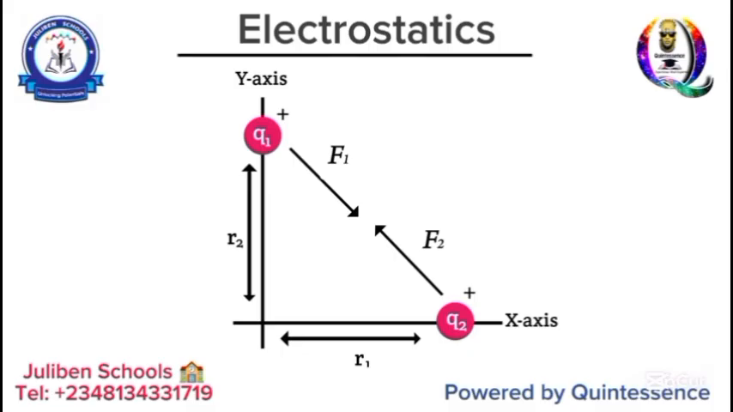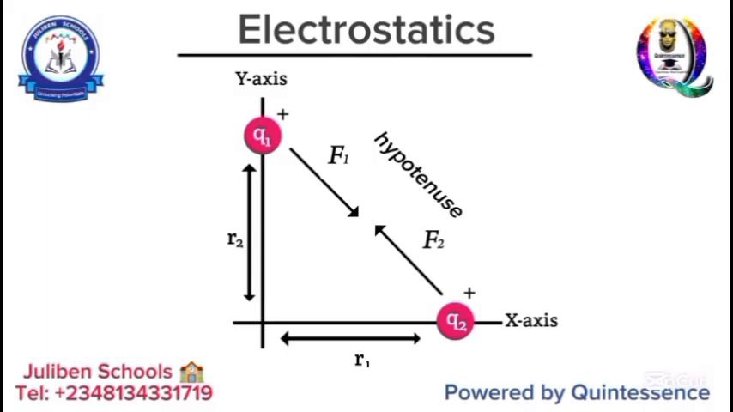The distance between them becomes a hypotenuse. So if you're asked to calculate a force existing between both of them, it's simply through Pythagoras theorem, you get a hypotenuse, and once you have the hypotenuse, that hypotenuse will help you calculate the force of attraction or repulsion existing between those two charges. Now, in some cases, you'll be asked to calculate the individual force